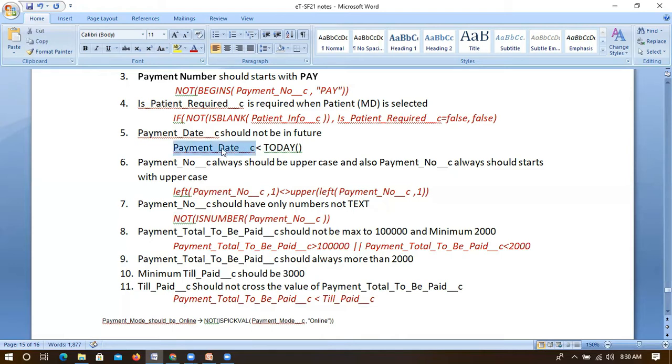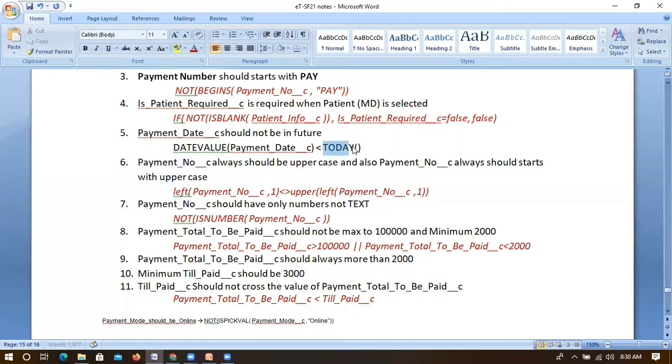So if this payment date is a date time format, then what you need to do is convert this first to a date value. We have to convert this date time to date, and then only can we check this against today. Let's consider you have written it in a different manner.